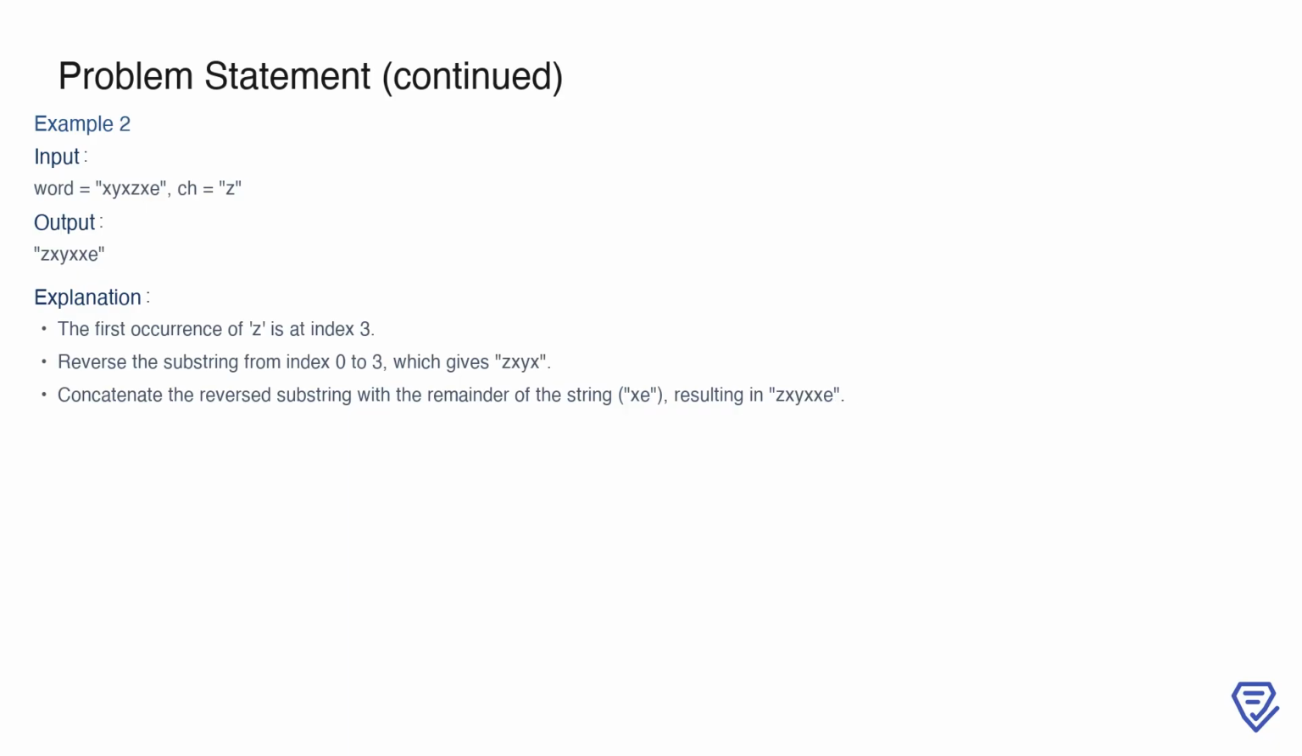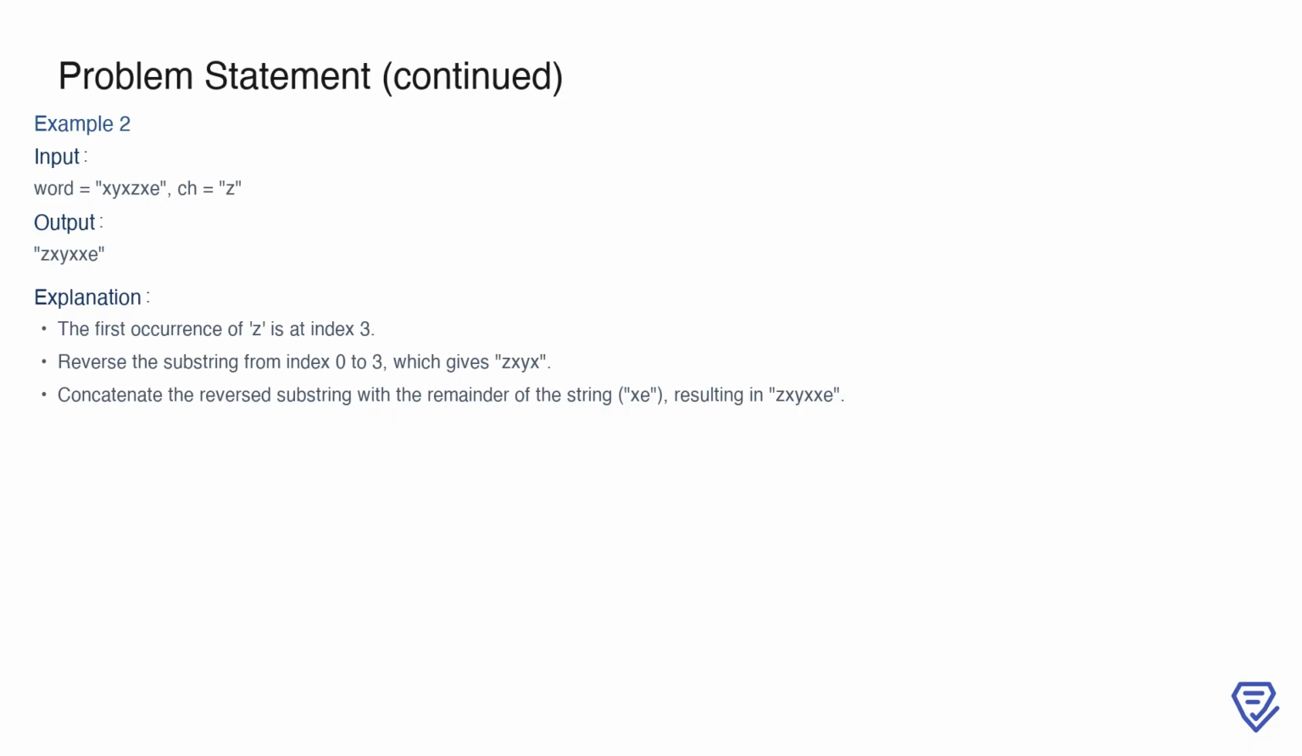Now, consider the second example. The input string is xyxzxe and the character is z. The first occurrence of z is at index 3. Reversing the substring from the beginning of the string to index 3 results in zxyx. When we append the rest of the string, xe, to this reversed segment, we get the output zxyxxe. This demonstrates how the function handles a case where the target character is not at the start or end of